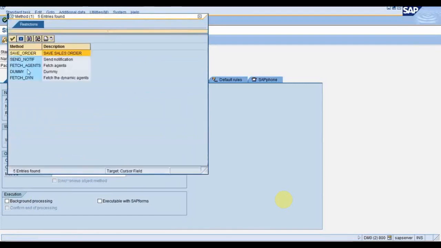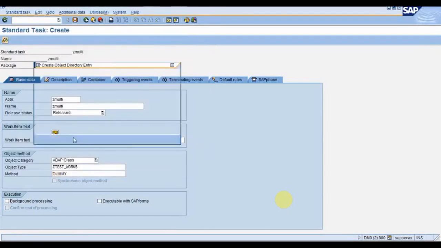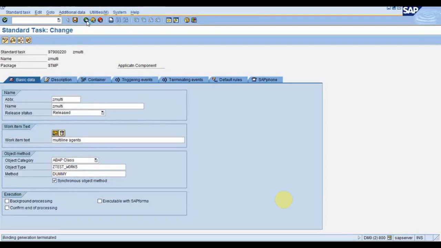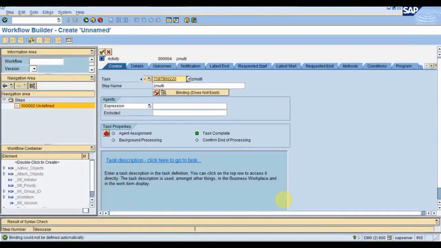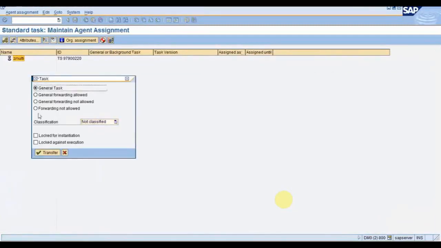I'm just selecting that dummy method. I only need the work item ID, therefore I'm just interested in showing you the work item ID. Do the agent assignment as a general task.